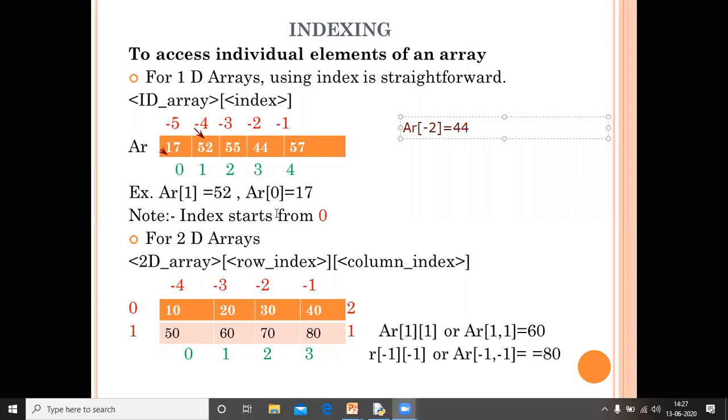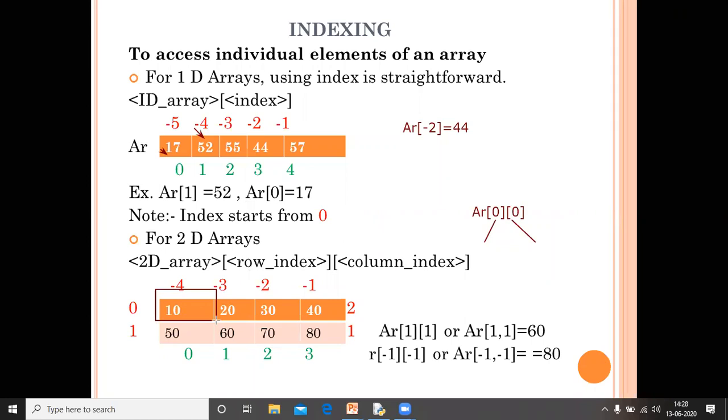If I write the array name, again I take AR[0, 0], the first one indicates the row index and the second one indicates the column index. So 0, 0 means the first element of the row and the first element of the column. Then the output will be 10.